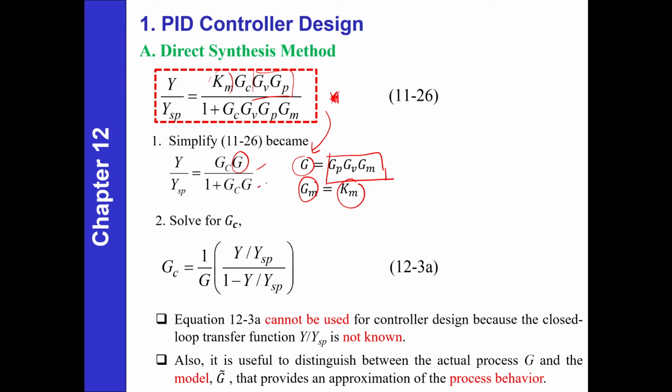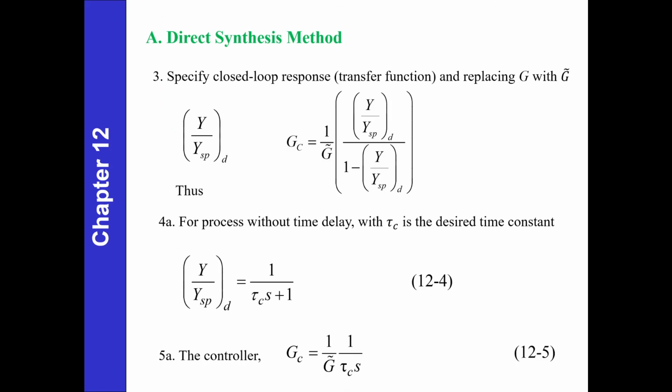numerator and denominator. And then we put GC, we rearrange so that GC will be our subject of the formula. So you get this one. Do you have any problem to do this? Just rearrange. And then the next step is to substitute the Y over Y sp,